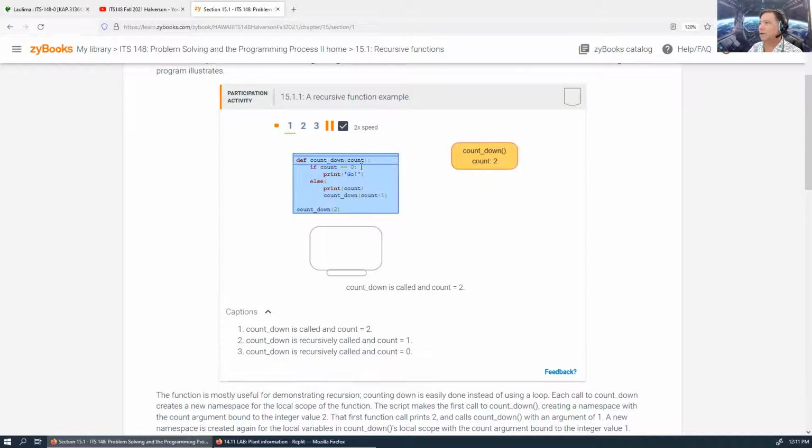First that runs, calls that's equal to that. It skips that, it prints the 2, okay? And now it's going to call itself again. It calls itself with 1, skips out, prints the count. That's where the 1 comes in. It's about to call itself again with 0. So it comes up here. And now this is taken, so it prints go. And we're done, because